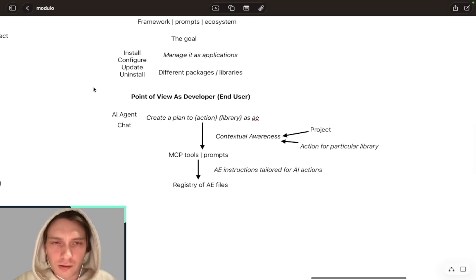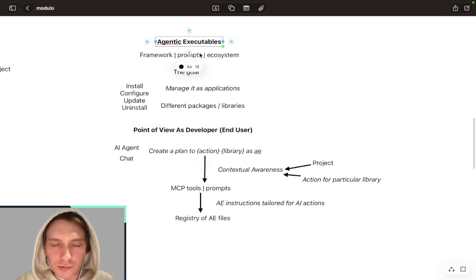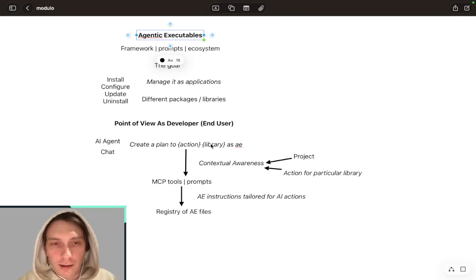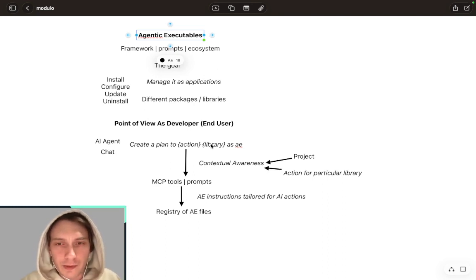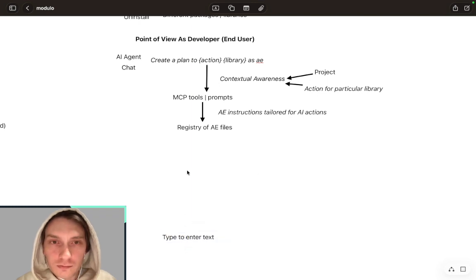So this is how a developer can use agentic executables, but how do you actually make it work for a library afterward? And to make it simple,